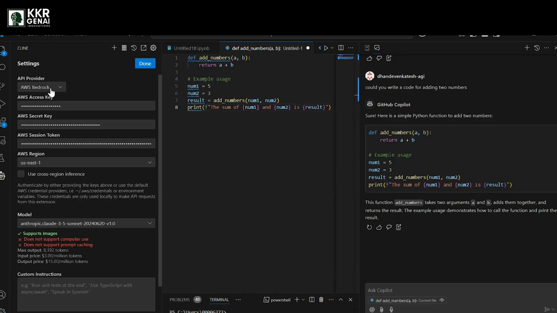Amazon is one service provider, Google is one service provider, and Microsoft Azure is another type of service provider. There are many service providers in the market, introducing their LLMs for particular problem statements.